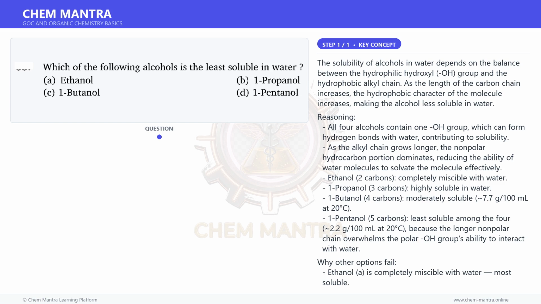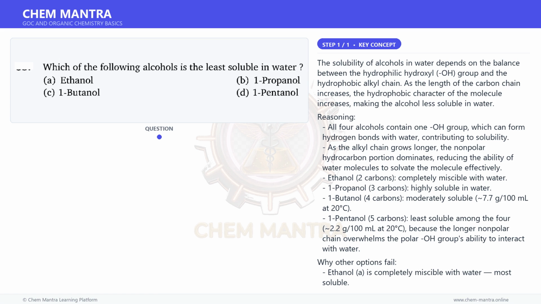The solubility of alcohols in water depends on the balance between the hydrophilic hydroxyl group and the hydrophobic alkyl chain. As the length of the carbon chain increases, the hydrophobic character of the molecule increases, making the alcohol less soluble in water. Reasoning: all four alcohols contain one OH group, which can form hydrogen bonds with water, contributing to